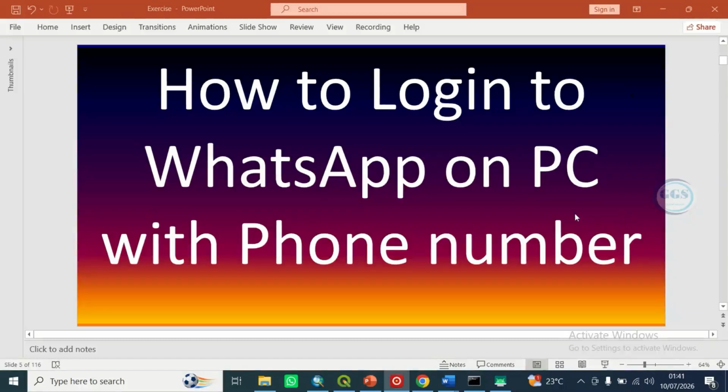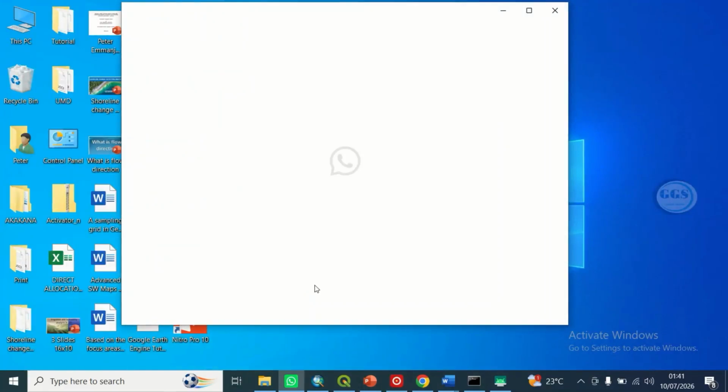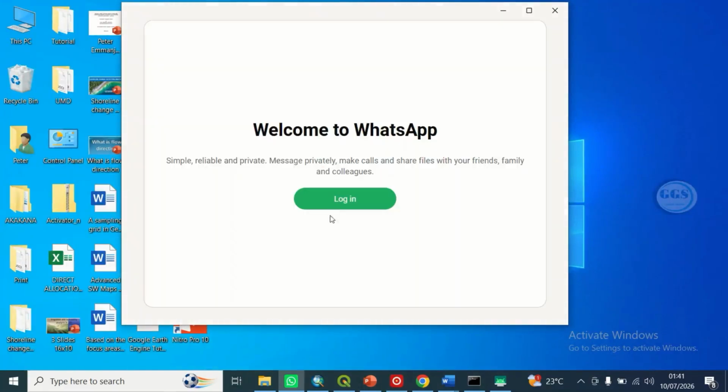In this video, I want to show you how to log in to your WhatsApp on PC with your phone number. Sometimes WhatsApp may log you out and you may need to log in again. Or if you just install WhatsApp and want to log in, once you open WhatsApp, it will bring this page to log in. If I click on login,